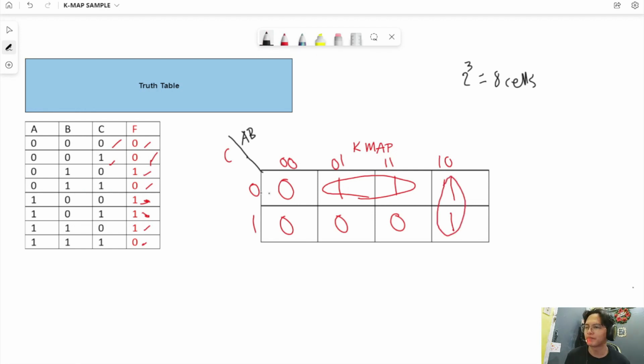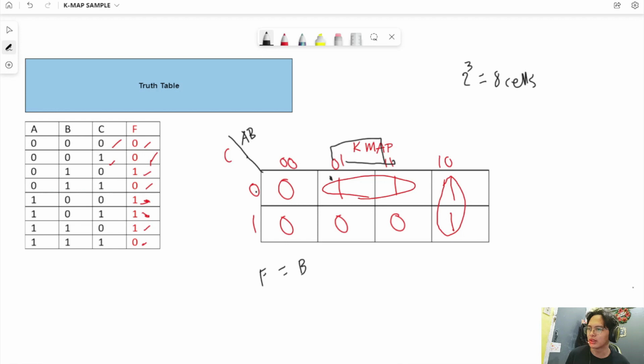So to give the function of this, as you can see here, we have the two binaries, the AB, AB. As you can see here, we have 0, 1 for letter A. So, meaning, 0, 1 siya, hindi siya pares, meaning hindi dependent yung value na to sa A. But as you can see here, yung B is parehas na 1, meaning dependent yung value na to sa letter B. So we will put letter B here, and as you can see, these values also correspond to letter C